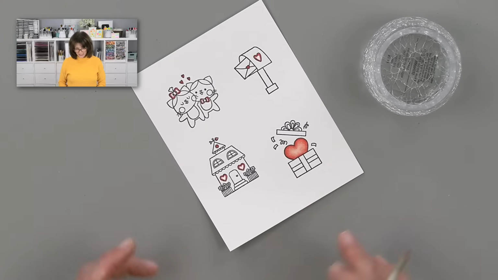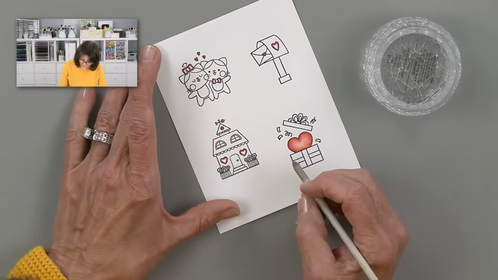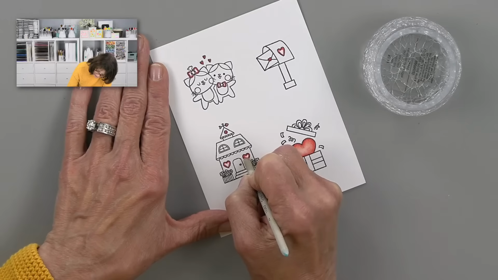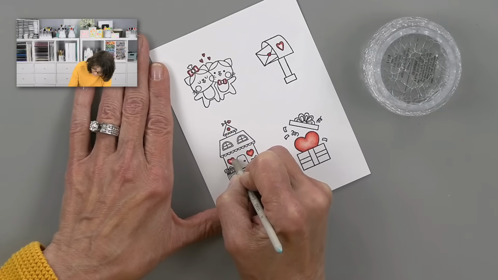Okay, so you can see it just gives you some nice shading there. Now, as we get to these tinier ones, trying to keep that shading is a little more difficult, but we can do it. Jane would like to know, why did you stamp one image at a time instead of all at once?